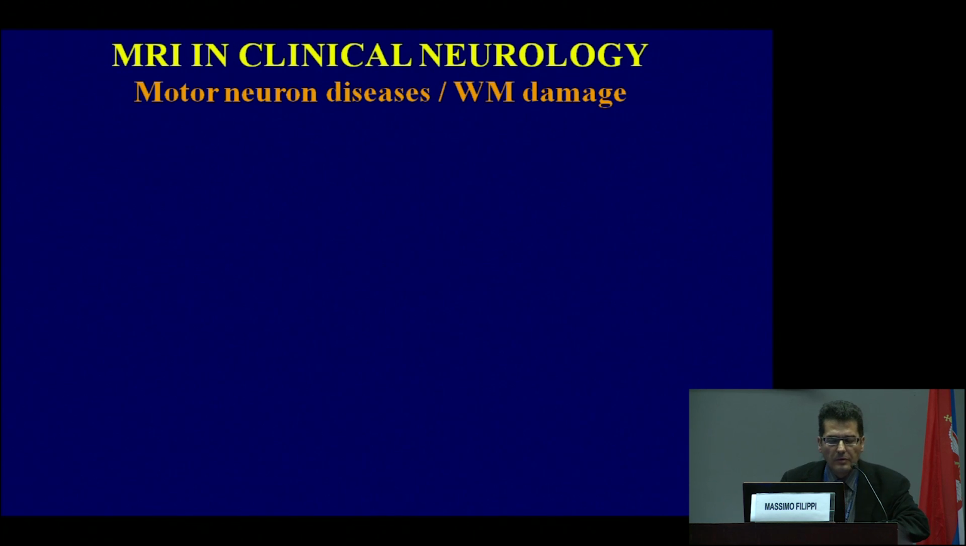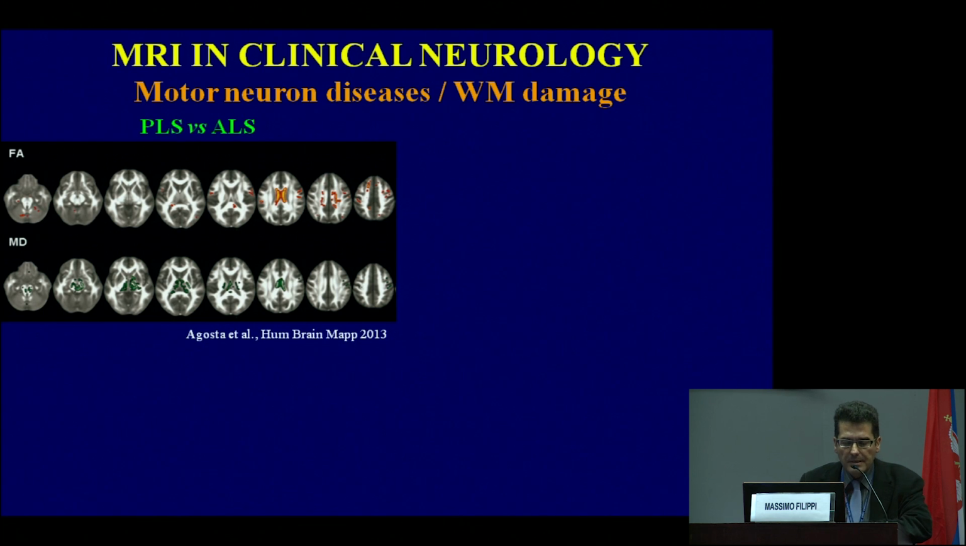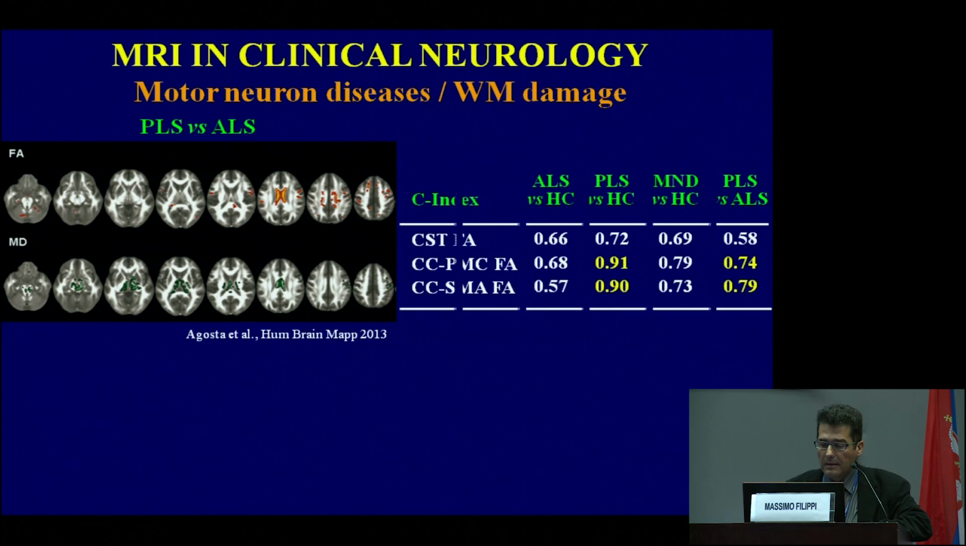The same is true for motor neuron disease, where, for instance, in addition to measuring what happens in the corticospinal tract, you can assess what happens in the corpus callosum. And the corpus callosum is involved in all motor neuron diseases, but it seems to be more involved in PLS than in typical ALS. And again, you can distinguish these two variants of the disease, assessing diffusivity changes within the anterior part of the body of the corpus callosum,